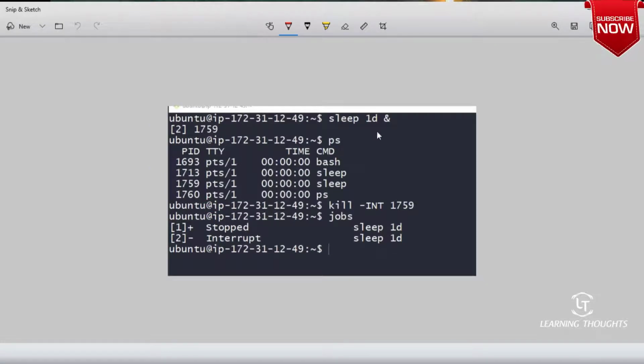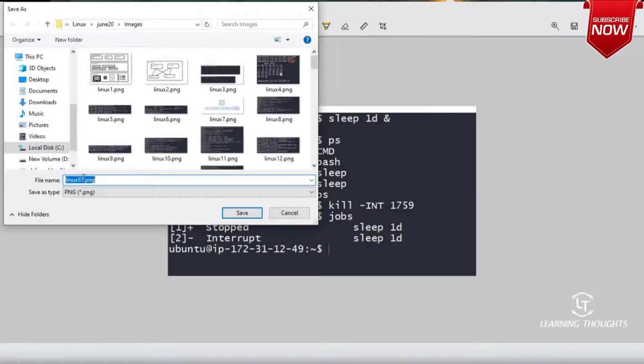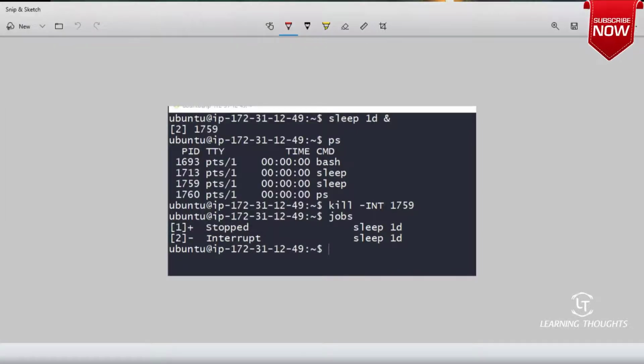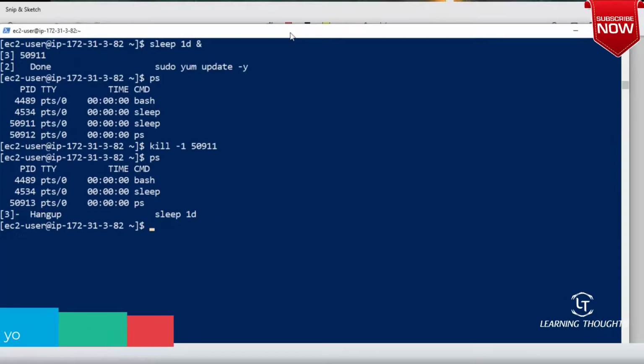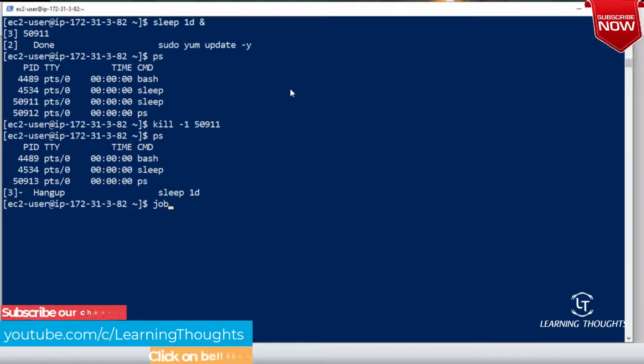We might not worry about it too much, but it is good to know that there are signals in Linux. For the person who is developing Linux stuff, it would be decent. Let me execute jobs.